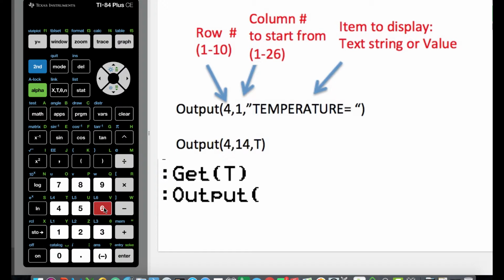Then we will display the value in variable T. We will start the label on row 4 at the beginning of the row. Type 4, comma, 1, comma. Now enter the text string label: alpha plus to open the quotes,